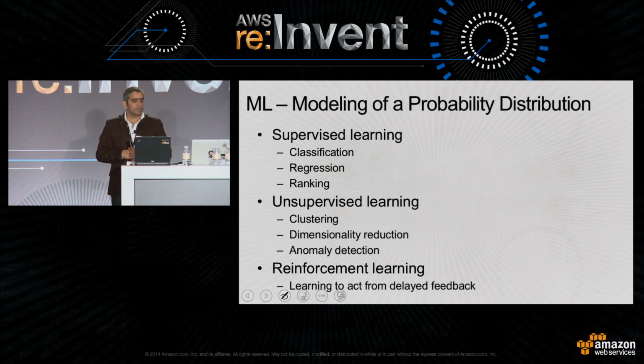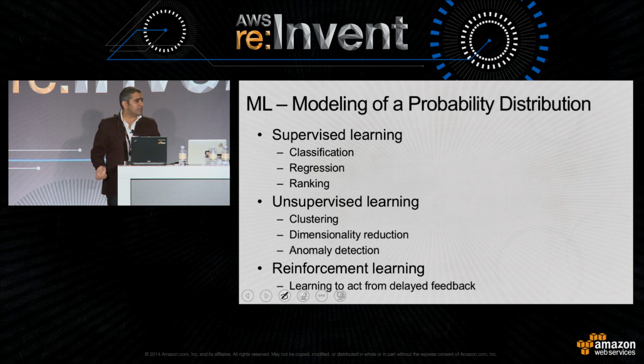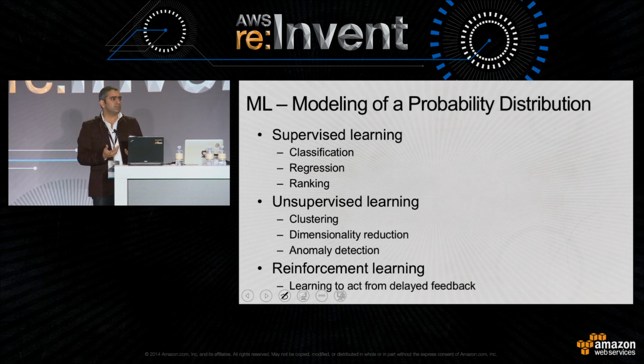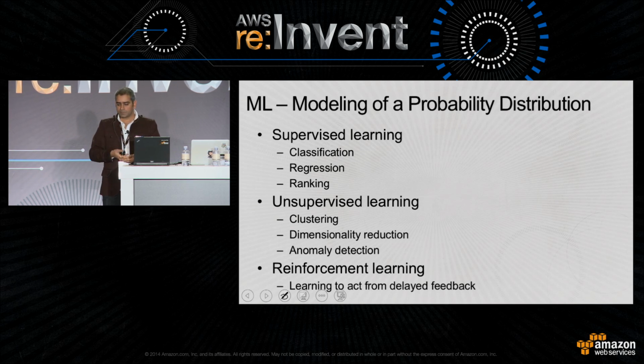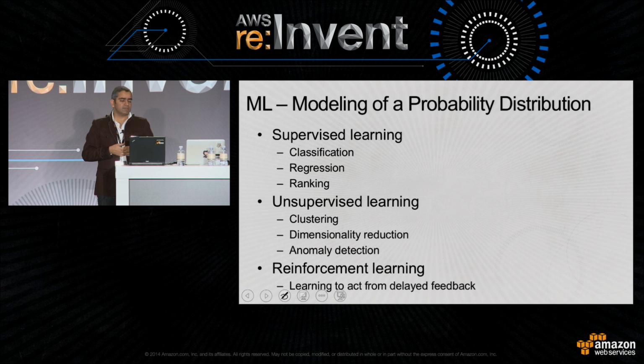Regression, on the other hand, is where I have to come up with a prediction, a continuous variable, that I have been given data for, for sales of this product from 2004 to 2010. I have to estimate what's going to be my sales in 2011, right? So in those cases, I will use regression methods. Ranking, as you know, is very simple. You just basically take a look at a whole bunch of observations and rank them based on their importance. For example, the PageRank algorithm from Google kind of employed the same technique.